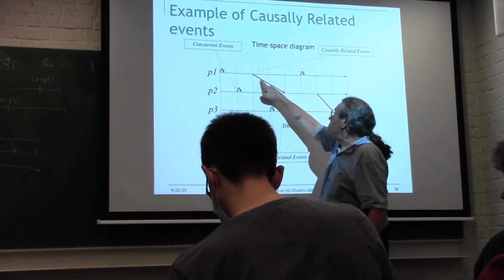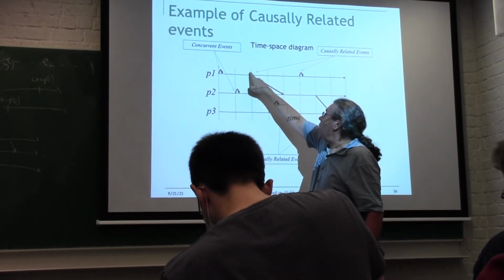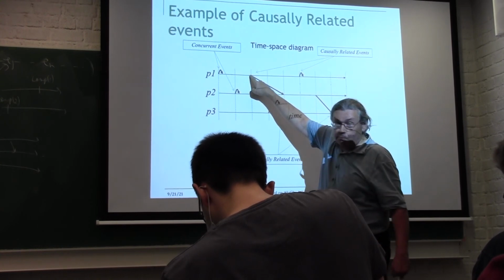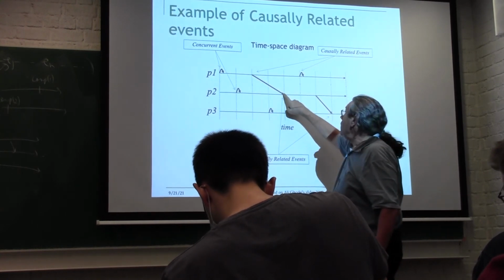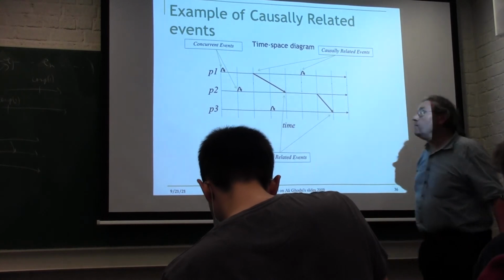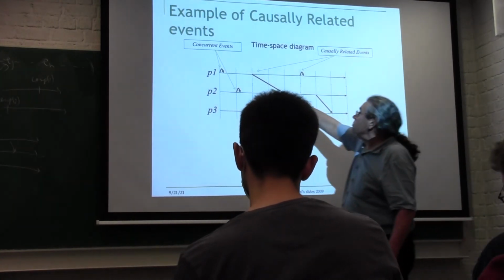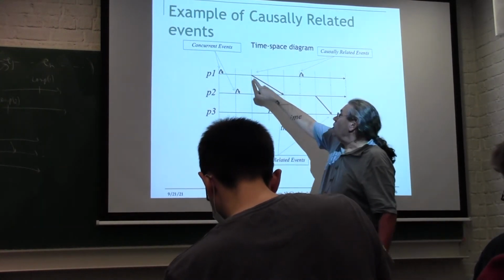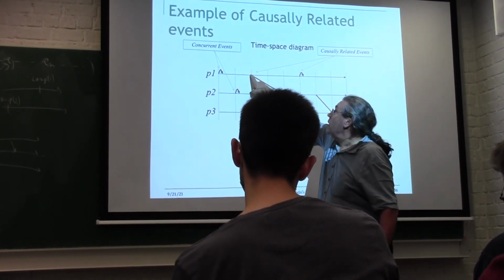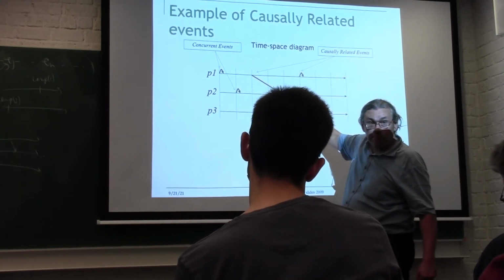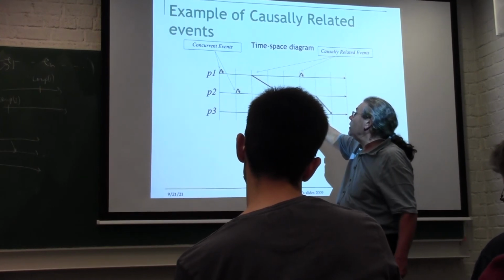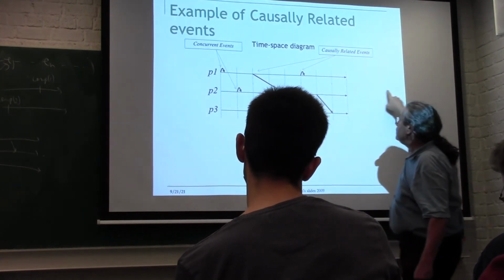Here, it's a message being sent. So basically, the beginning of the arrow is a comp event that puts something in the out buff, and the end of the arrow is a del. Okay? But it looks like there's a message being sent. So here I put it in the out buff, and here I'm taking it out. I'm moving it to the in buff. Okay? And then this del could be much later.